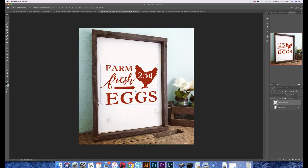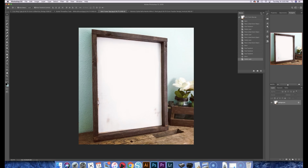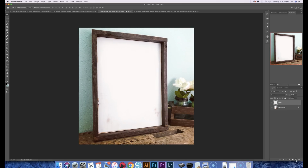So this, for example, I'm just going to go ahead and delete this, and I'm going to show you how to do it in a different way. So instead of going up here and going to File, Link, and browsing to your design, we're going to set up a smart object. So we make a new layer. We come over here to your little selection box and make a box approximately the size of where you want your design to be. You can move it around later, but the closer you have it, the easier it makes it for you